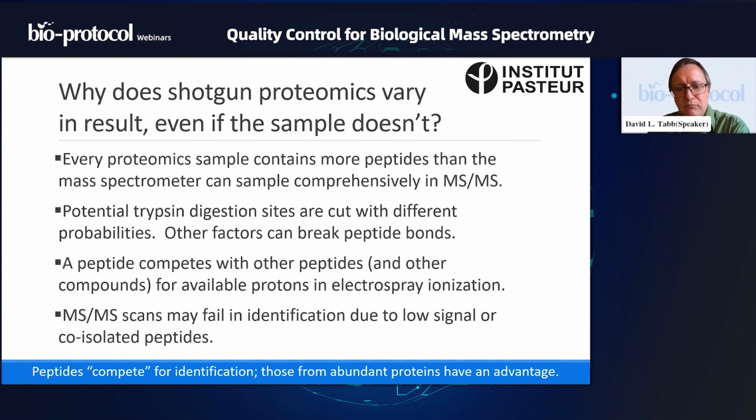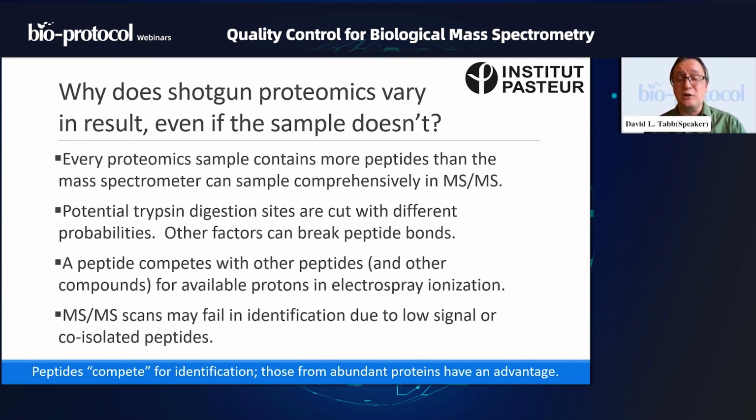Every peptide must compete with every other peptide as it comes out of the column for the available protons when we are using electrospray. So something like ion suppression can occur, where a peptide ion is not visible in one run but is in another, because of other peptides that are outcompeting it for the protons that are available. If it doesn't make an ion, mass spectrometry can't see it.